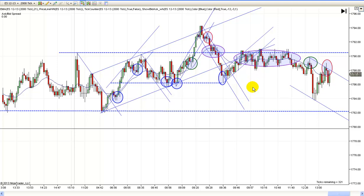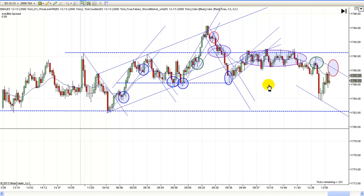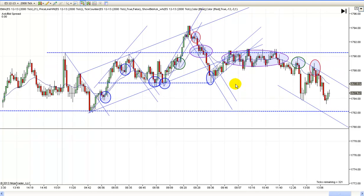But again, you got a perfect measured leg down. This is 2 legs here, but this is 1 leg, then a correction, then your second leg. And it's almost a perfect measured move again. And that was another reason: you got your 2 legs down, you're probably going to get a couple of legs up again. But the main reason I liked it was because it was more of a range day,